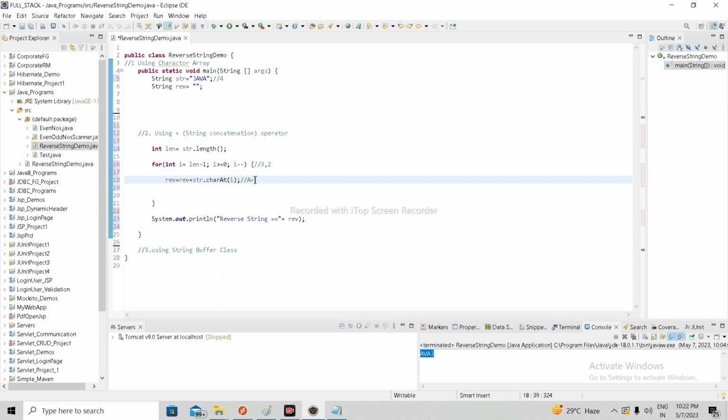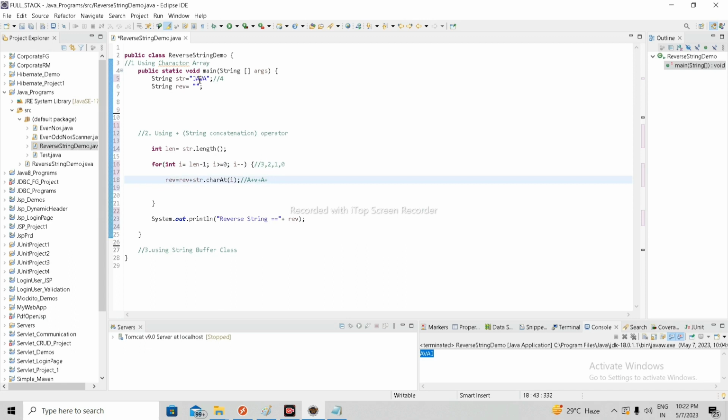Okay, so the second position is which one? Store v. Okay guys, which one? Store v. Then it concatenates again, then checks 2 minus 1, it becomes 1. Okay, then again concatenation, then it prints a, again check a minus 1, it becomes the zeroth index, then concatenate the zeroth index, and which one?